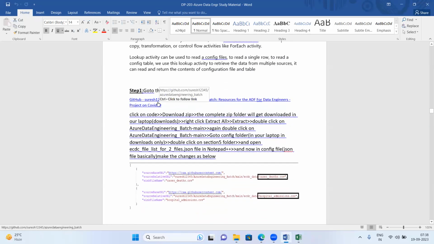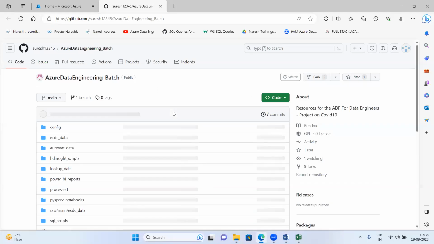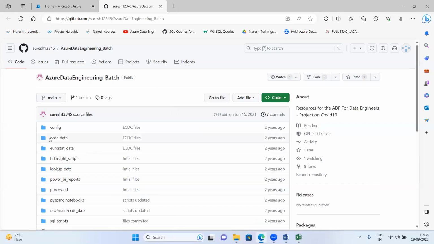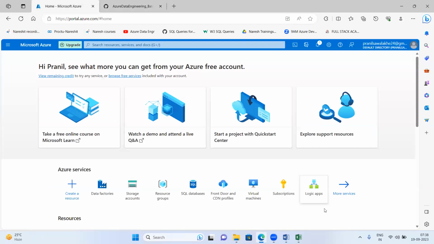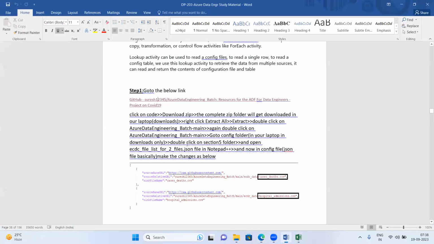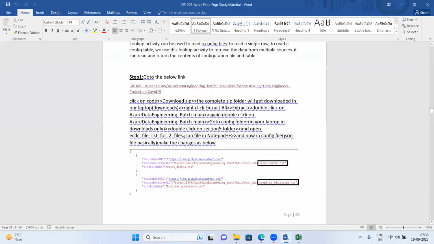So this is how we are having the data carrying multiple files. If you go inside this folder, here we have multiple files. I'm just keeping this for reference only. So what I'm going to do next is keep this in my